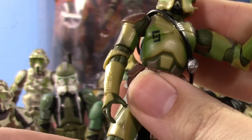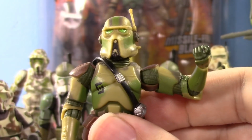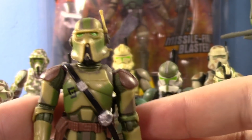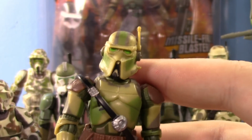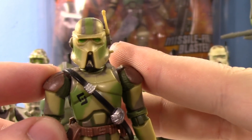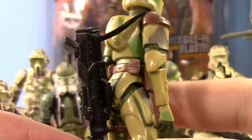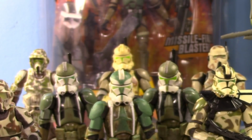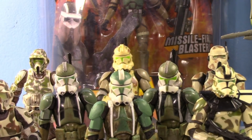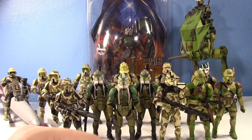It's funny, when I first saw that guy in the back there, I didn't actually think he was a clone trooper because he looked so different. But then again, we're talking about 2005 Adam, and I was like, what, 6 or 7? So yeah, I was kind of like, is that a clone? What? Yes, it's a clone. Same kind of multi-shades of green, really cool on him. I've already talked about the ATRT drivers in their own video, so I'm going to kind of gloss over them a little bit. The newest ATRT driver, and by far the best,